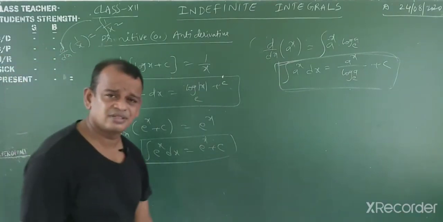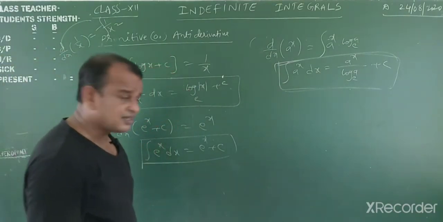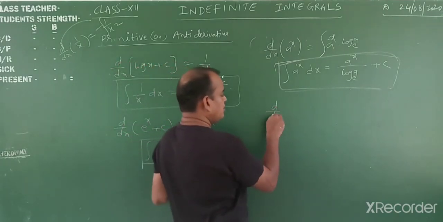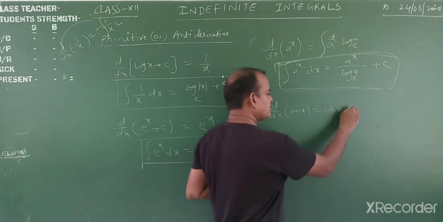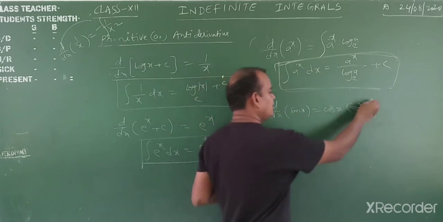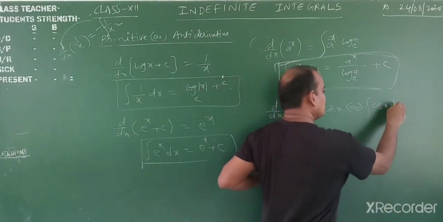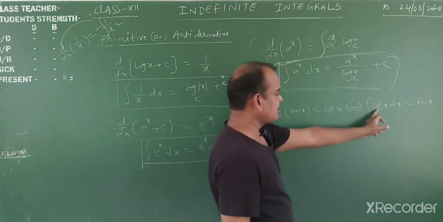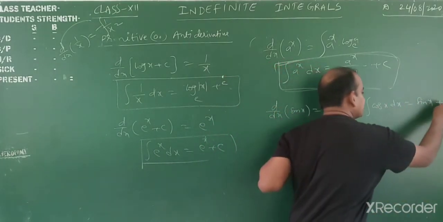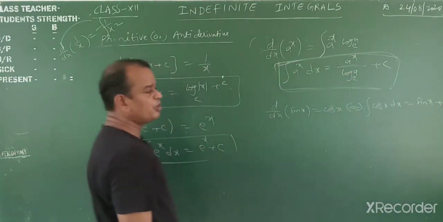Okay, my dear students. I hope that you understood, or not? Yes. Now we are going to the derivative of sin x, which is equal to how much? Cos x. What happened this one? Derivative this side, integral of cos x, that equals sin x. Now the indefinite integration of cos x with respect to x is equal to sin x plus c. Primitive: sin x plus c is the primitive of cos x.